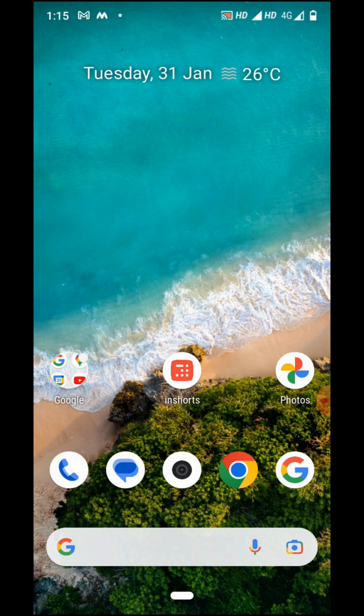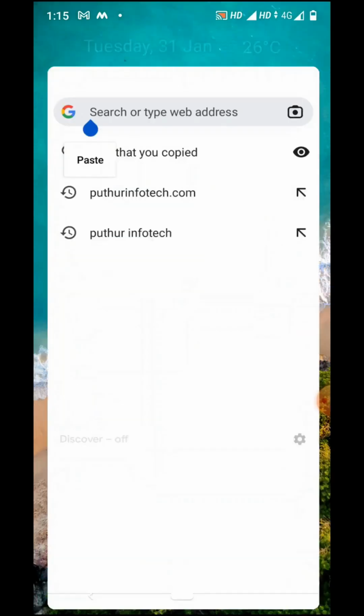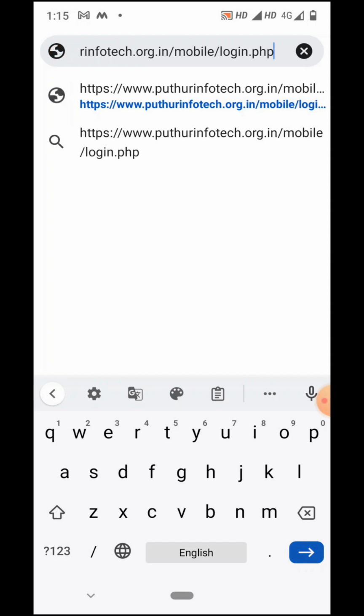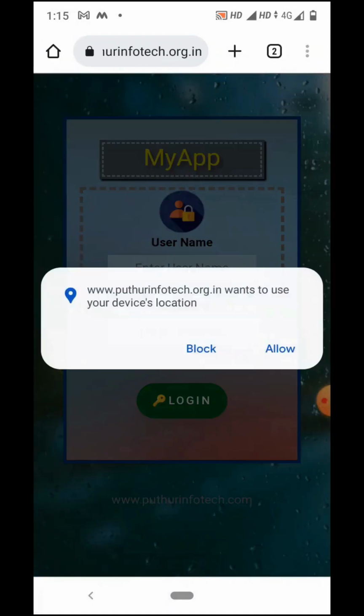So for Android mobile users, they can open their Chrome browser and paste the link which they have received in their email. So now I am pasting the particular link of My App here in the Chrome browser. And then I am logging in.